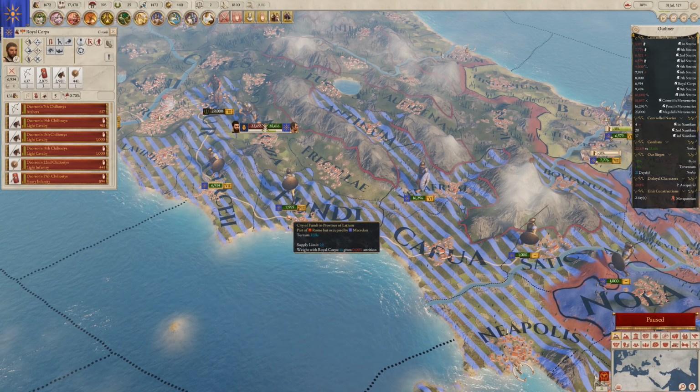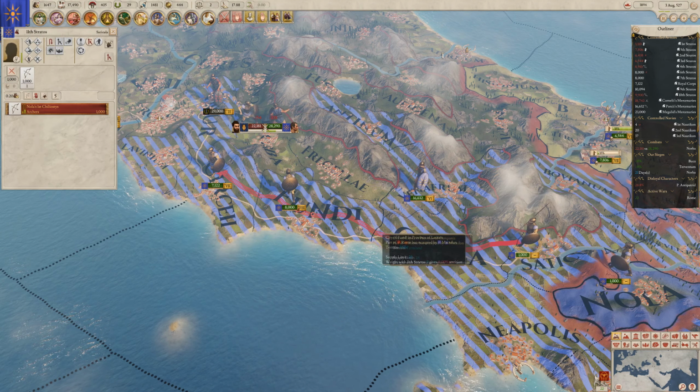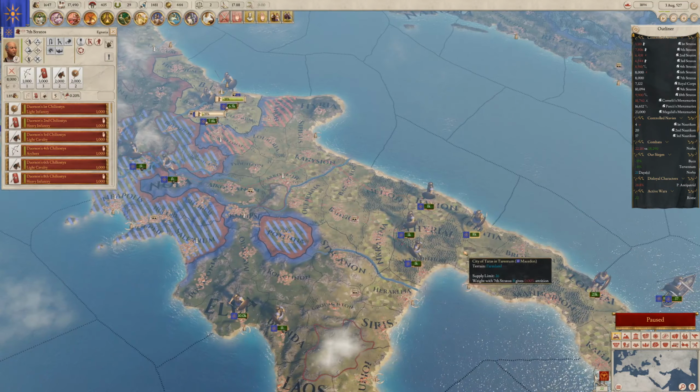So using mercenaries is great to preserve your manpower and the young boys in your country, but it can have a pretty straining effect on your coffers. And just like in any other Paradox game, assigning